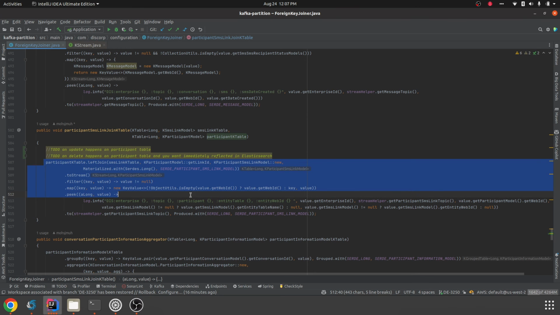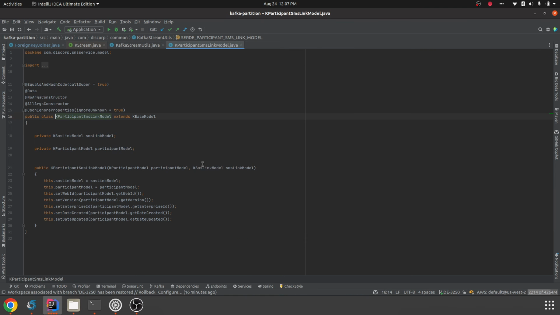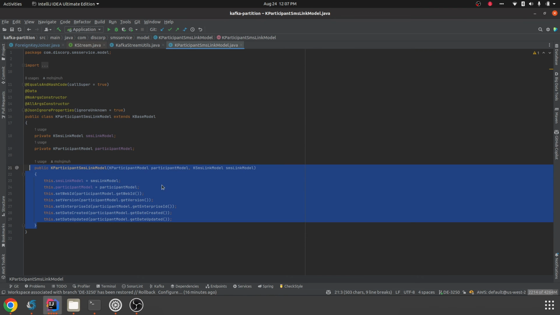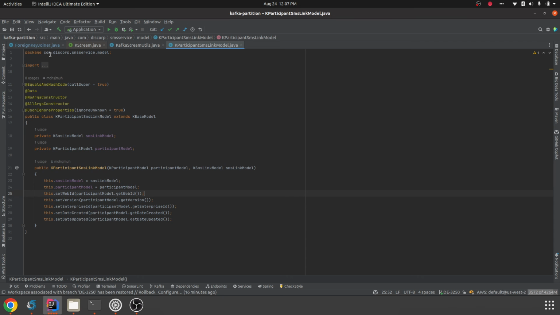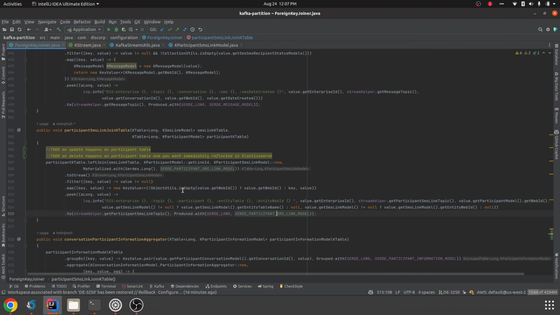Just produce this object into that topic, and the Kafka sink connector for Elasticsearch will ingest that immediately, and your delete operation will be available to view for the clients